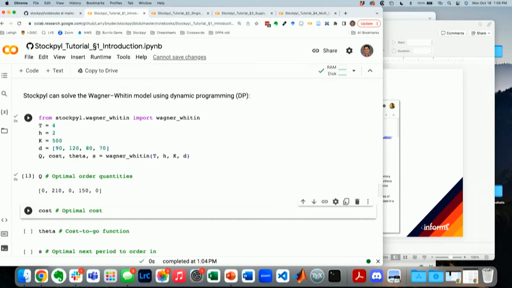Now let me make another comment here, which is that in most of the inventory treatments I know of, and certainly in our book, everything starts at time period 1. But in Python, everything starts at 0, right? All arrays and lists are indexed starting at 0. So